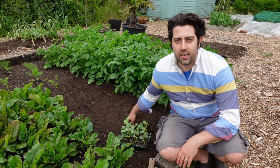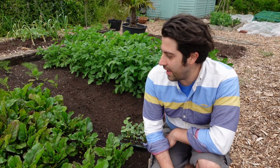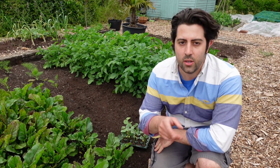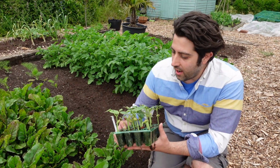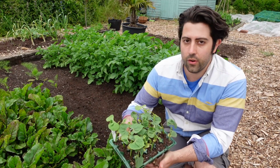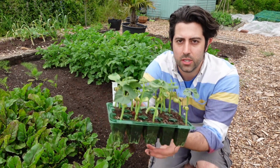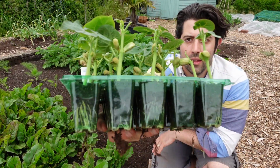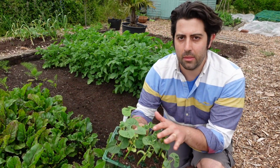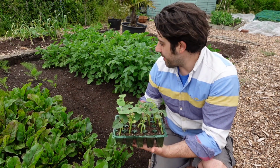As you can see, I've got a nice little bit of ground prepped here, which I've been hoeing, and this is going to be used for some dwarf bean varieties. The ones I've got here are my dwarf borlottis. They've been started off in these little modules, which are probably a little bit too small for them. If you can see them a bit better there, but I've not kept them in here too long. In fact, some of the leaves haven't even really finished unfolding, but I'm going to get them straight into the